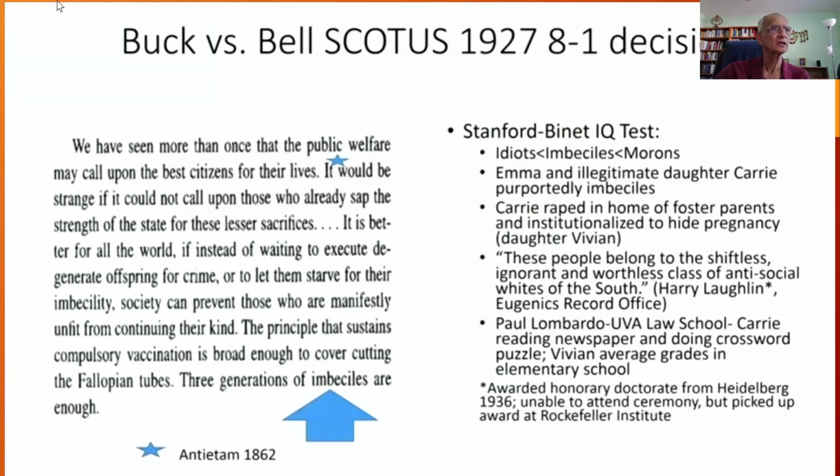And again, we talked about the classification that was done, and Emma and her illegitimate daughter Carrie. So it outlines all the things that we talked about. And you can just see how horrid the criteria were: shiftless, ignorant, worthless class of antisocial whites. But at the same time, when people looked at her more carefully, she was